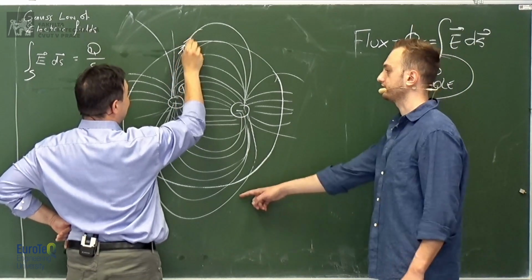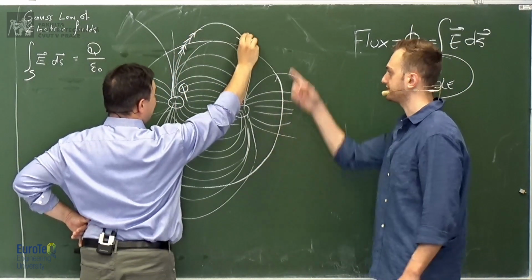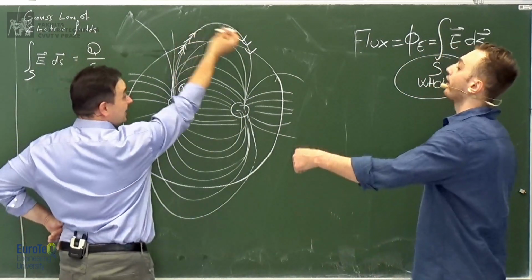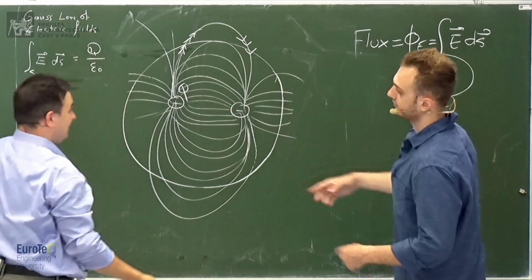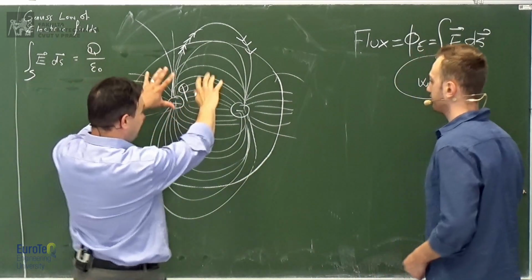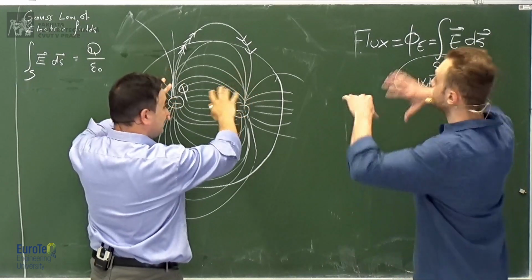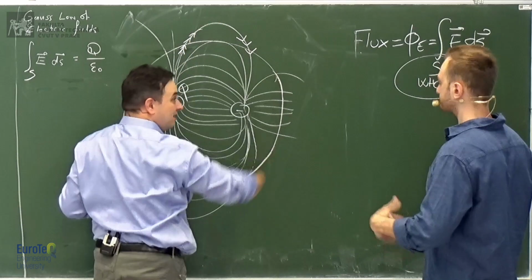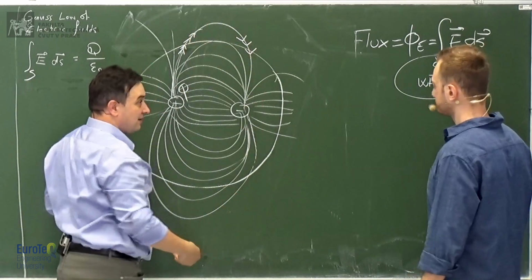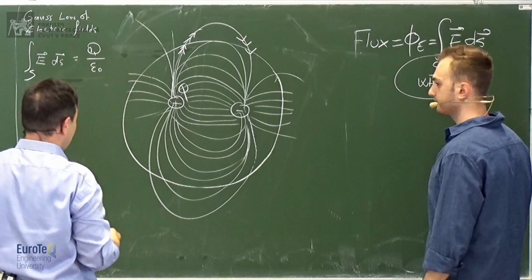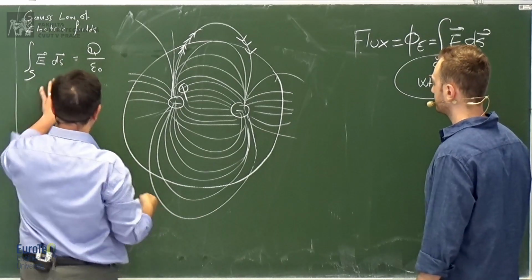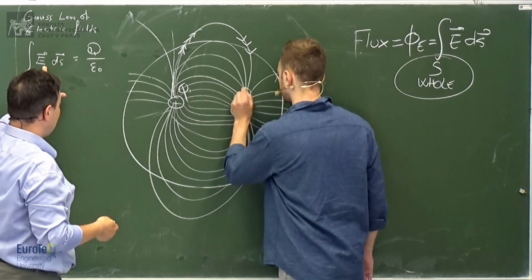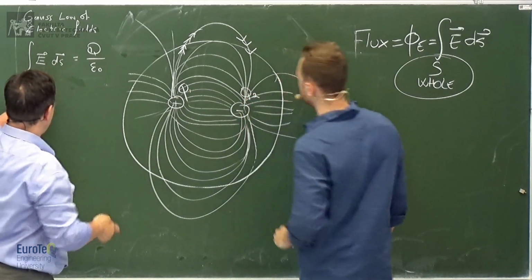Probably they will subtract, because this is entering, that's exiting. Exactly, and then the net is zero. Of course it's going out, but if it's going out, it returns back inside. It's a dipole, so it's zero. The flux exiting the surface area is zero. Some is going out, but some is returning back. So the total is zero. And this is okay, because our law tells us that this is the total